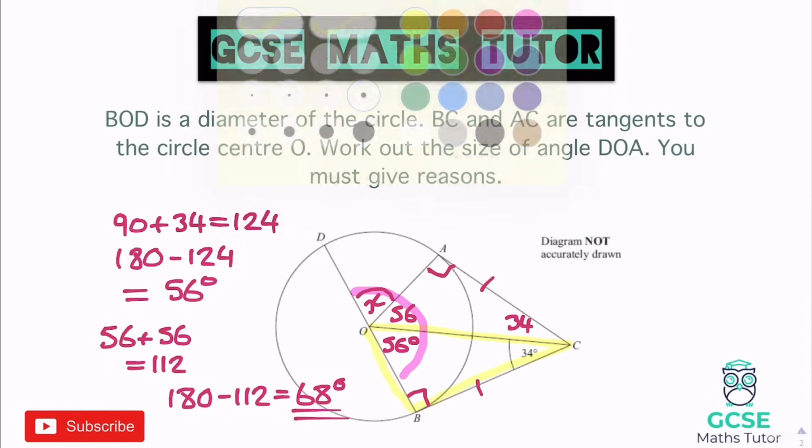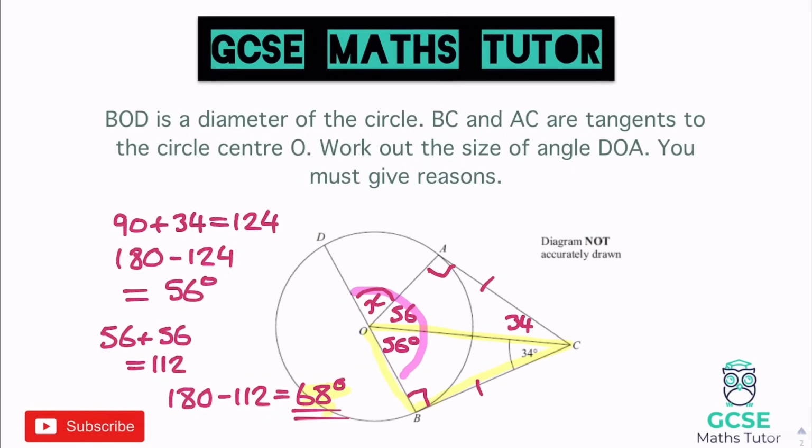Now obviously there's a couple of reasons that we would have given along the route there that I sort of mentioned as we were going. We had a tangent to a radius at 90 degrees, obviously giving us our first right angles. We've got 2 tangents meeting at equal lengths, and that obviously forms that little angle bisector there that would give us 34 and 34. And then we had angles on a straight line to finish it off. So there we go. We'd write all those reasons down along with it, but let's have a look at our